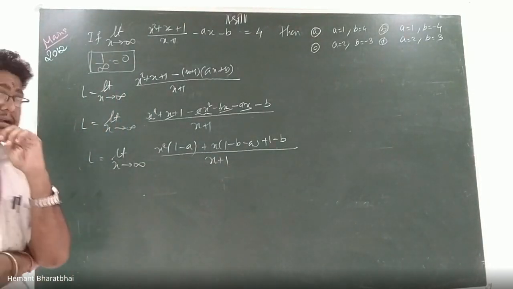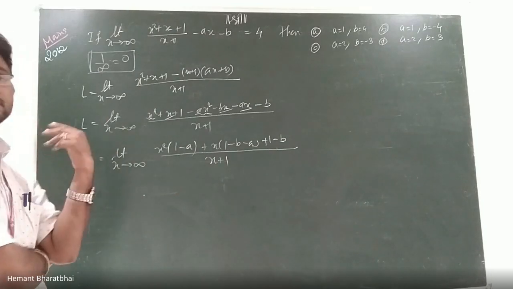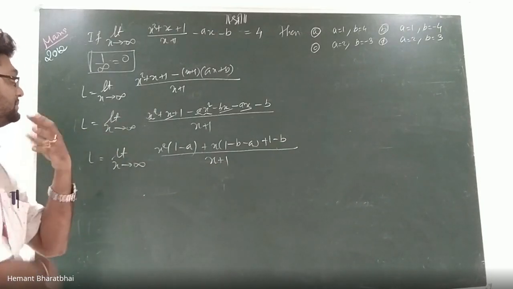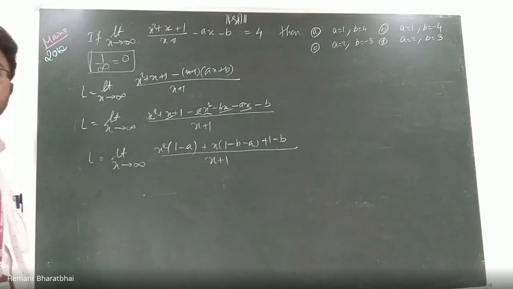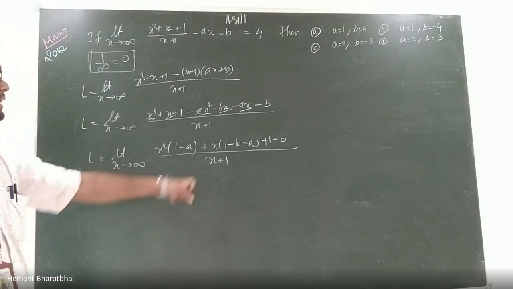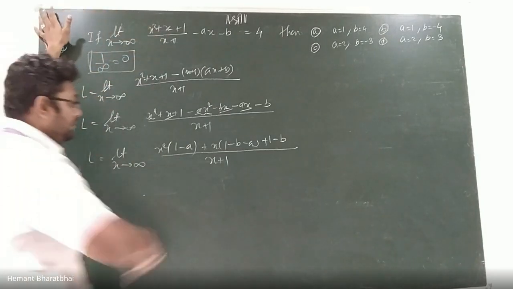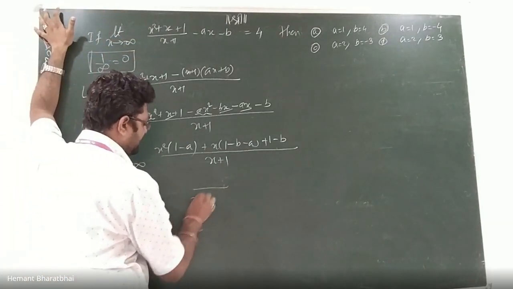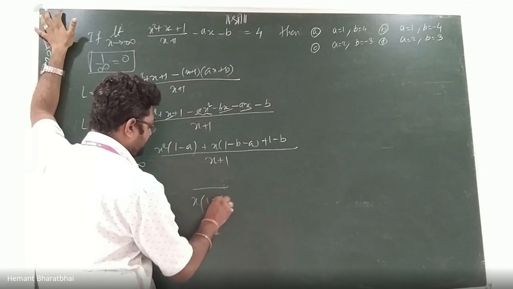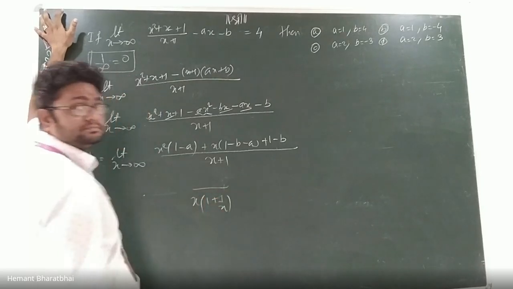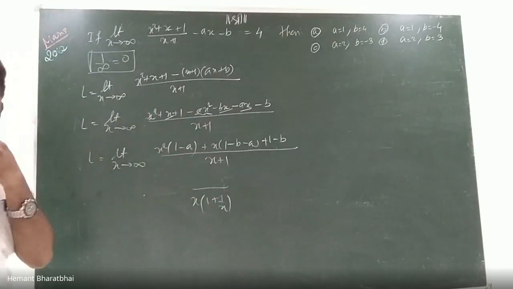Now the entire idea of solving is taking x common and getting the terms 1 upon x, 1 upon x. Now here I have only 1x, so I can take only x common, nothing else. So if I go in the denominator, I can take only x common, so 1 upon 1 by x. There is no x square term in the denominator, so